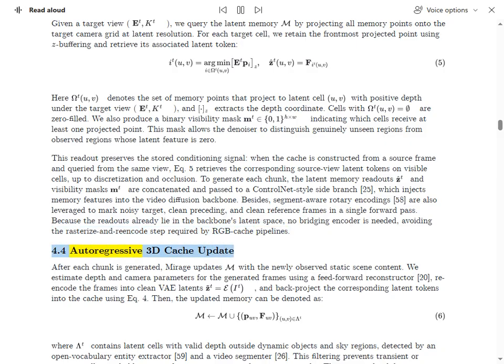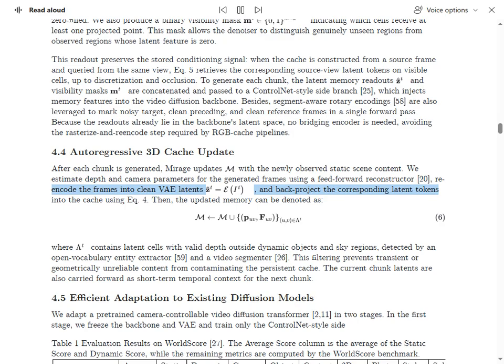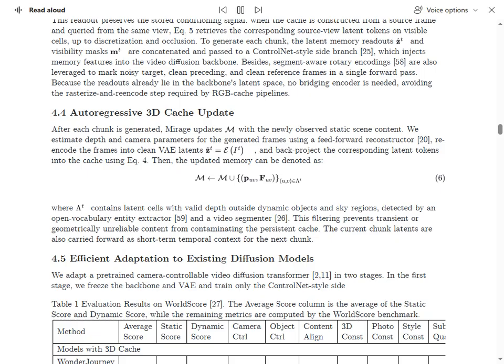4.4 Autoregressive 3D Cache Update. After each chunk is generated, Mirage updates M with the newly observed static scene content. We estimate depth and camera parameters for the generated frames using a feed-forward reconstructor, re-encode the frames into clean VAE latents, z to the power t equals E of I to the power t, and backproject the corresponding latent tokens into the cache using EQ. 4. Then, the updated memory M is updated by adding new pairs